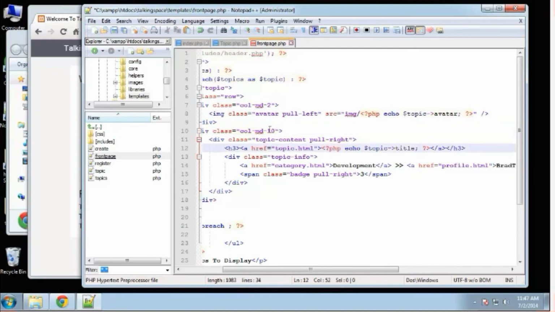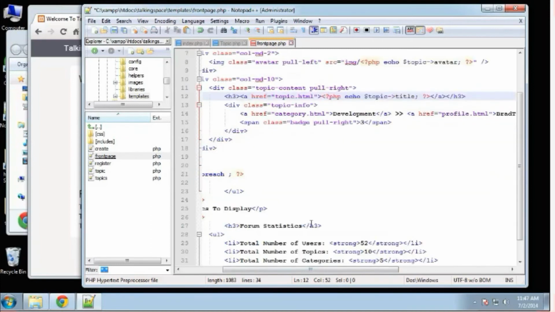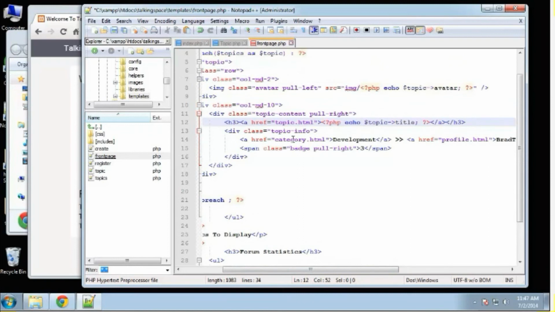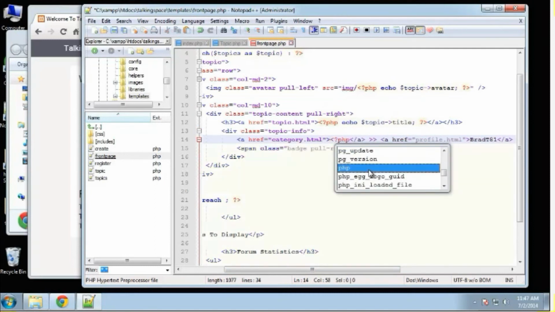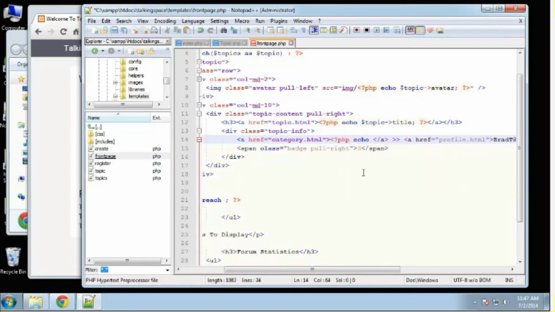Alright, so let's see, we got the body. Actually, we don't have a body in this view. Okay, so the category, it says development. Let's replace that. Okay, so PHP